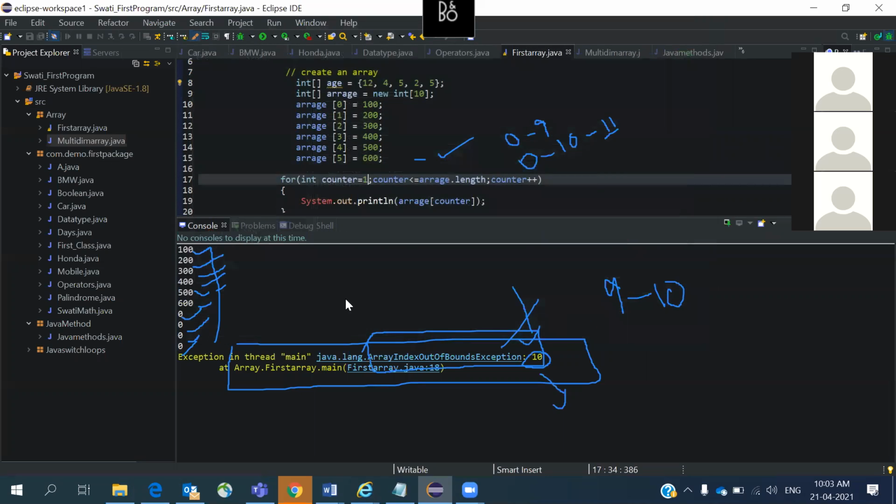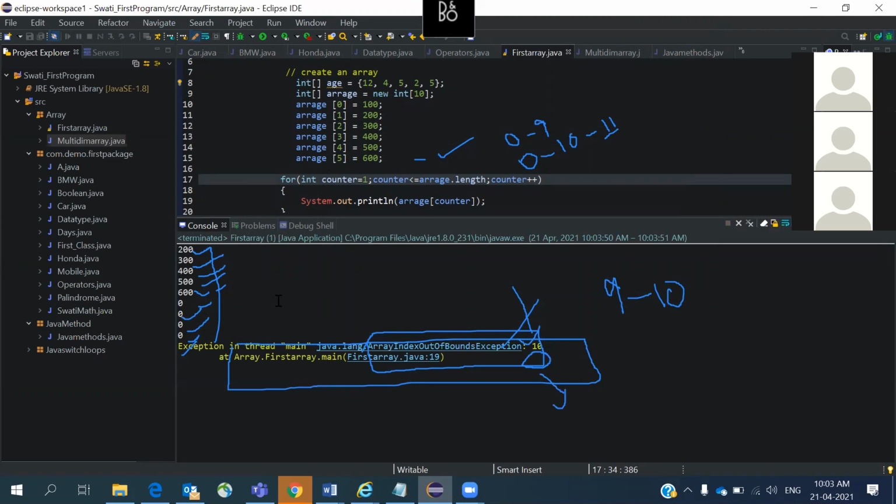Only less than, if we give it. See now what will happen. It removed your 100, the first value was removed. So as you removed 0, it removed the 1. See, the answer is very simple. Rather than keeping minus 1 here, or rather than removing the counter 0, you just need to remove the equal to.